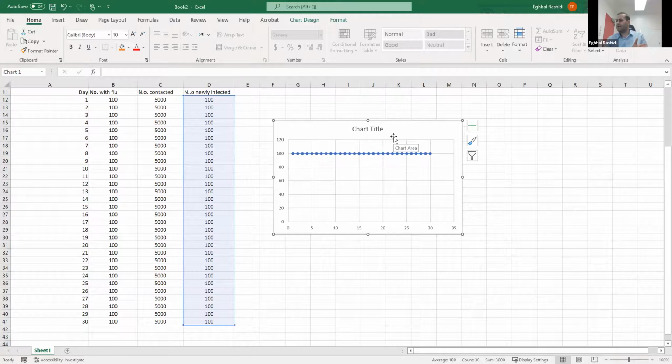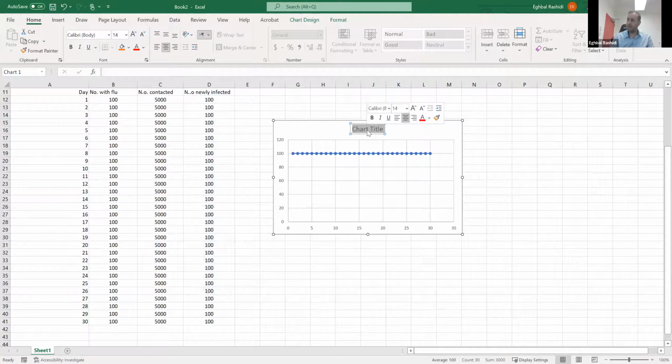Okay. It doesn't have a name. It doesn't have any legend or anything else. So this is what I'm going to do. First of all, I'm going to give it a name. For example, I'm going to go with tipping point model,